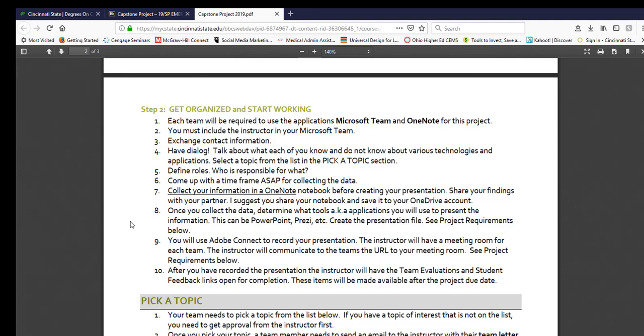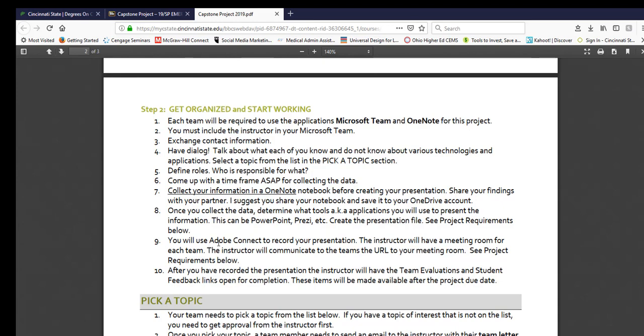And everybody will have their own team meeting in Adobe Connect, so you can practice as many times as you want. You can meet through Adobe Connect as well and have conversation. You don't need to meet in person, and I think it's crazy if anybody does, quite frankly, because you guys have already been exposed to all of these tools. You start using them. So use Adobe Connect to have your meetings. You don't need to meet face to face. If you want to, that's fine, but again, you're kind of defeating the purpose of this class. So you want to use these tools